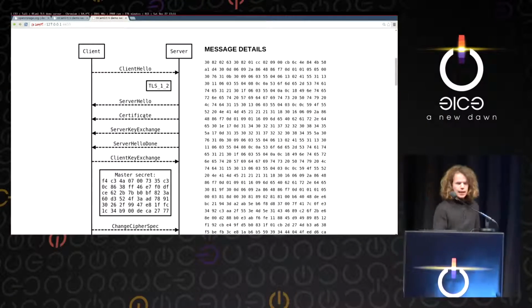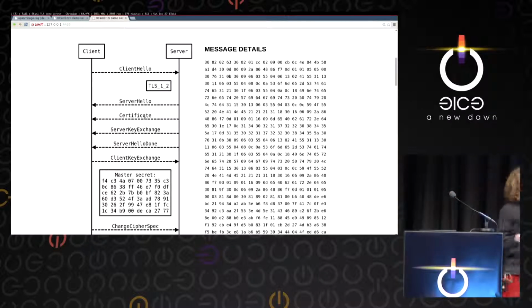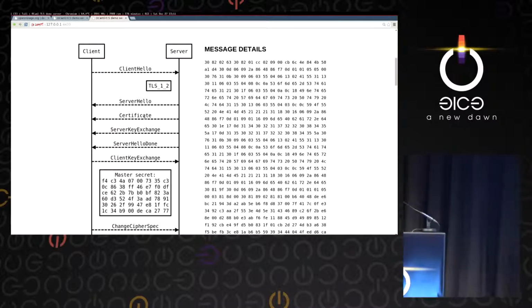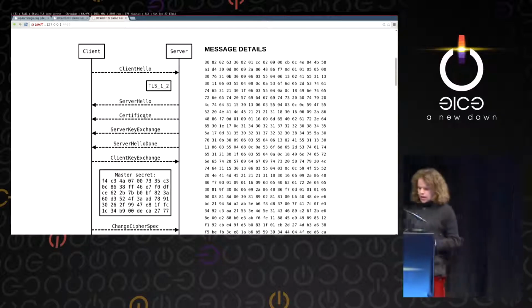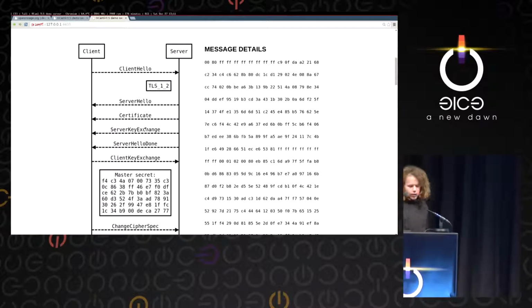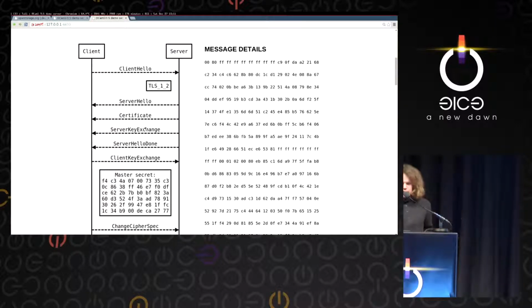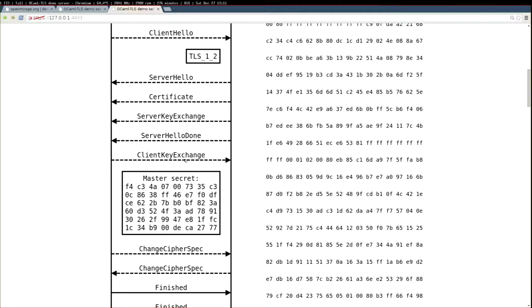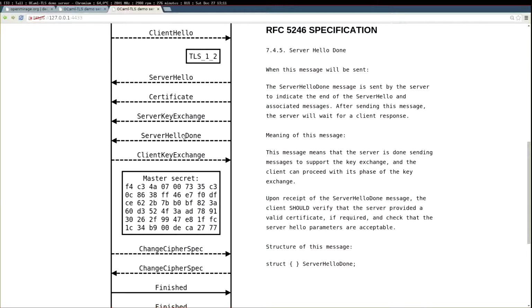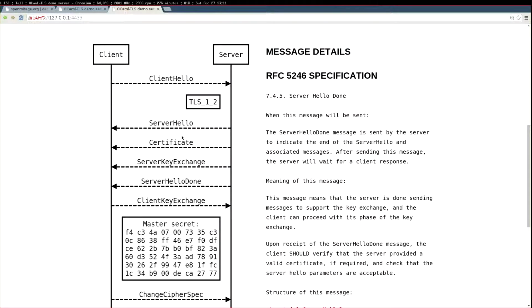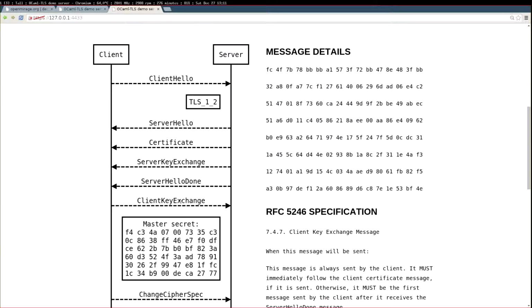Then the server also sends over its server certificate, and that is the ASN.1 encoded X.509 certificate, which the client needs to check at some point. Then, since we are doing an ephemeral Diffie-Hellman key exchange here, we need to negotiate, or we need to pick the Diffie-Hellman group and so on. So the server also sends here the Diffie-Hellman group, the generator, and its public over the wire. And then the server ends with the server hello done, which is, well, now I'm done here with my key exchange. You continue, and the client,